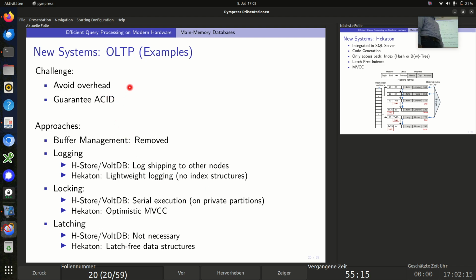Okay, so the challenges: we still want to guarantee ACID. That's also the difference to NoSQL database systems. NoSQL is just a key value store, and they do not guarantee the ACID properties. As soon as your data is valuable, you should guarantee the ACID properties, and of course, if we create a database system, we also have to guarantee the ACID properties. And how do we do that? For in-memory database systems, we do not have a buffer management. So we say we do not force data out, and we cannot steal data, but if our database system crashes, we have to recover, we have to redo all